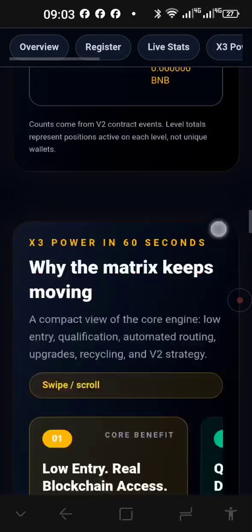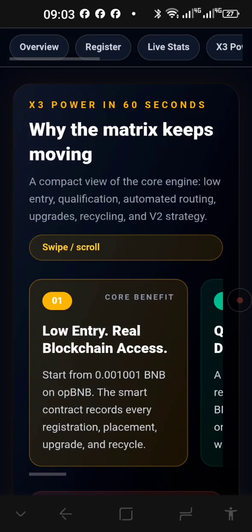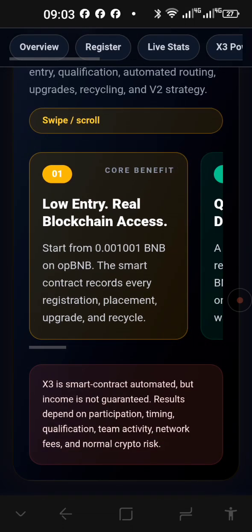So you can scroll up more. Here's everything explained, why X3 keeps moving and what makes this engine run. Right, so it's a low entry fee. Now X3 was created for everybody, for those people who do not have the huge start-up capital to join any platform or to increase their earnings in the online space.